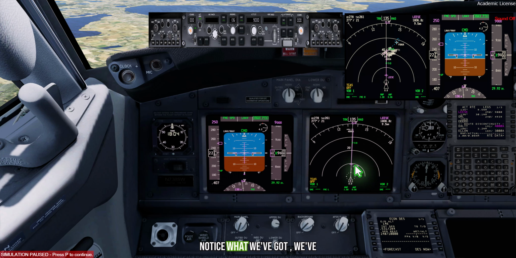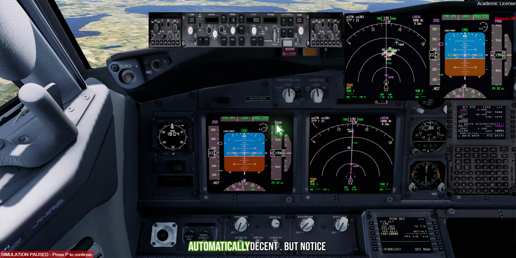And notice what we've created with what we've done is a top of descent on the magenta line, where this is telling us to reset our altitude because we've got to set something lower in order for it to make its descent. But once we reach that top of descent point here, and we're in VNAV and we set a lower altitude, in this case we're going to do that in the next segment, we'll set that lower altitude